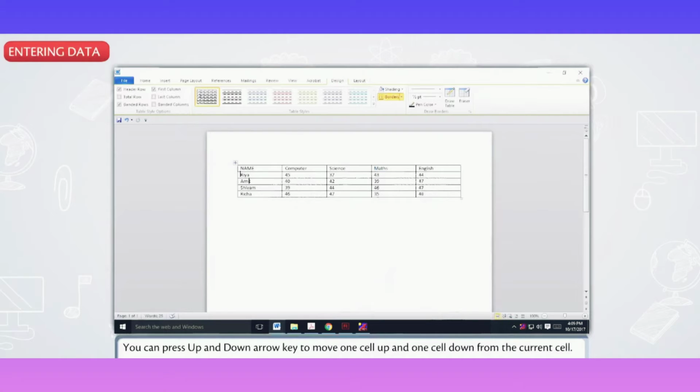You can press the up and down arrow keys to move one cell up and one cell down from the current cell. If you are on the last row and on the last cell of the table and you need to insert one more row, simply press Tab. You will notice that the new row gets inserted itself.